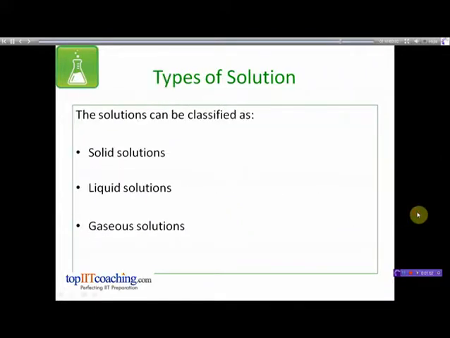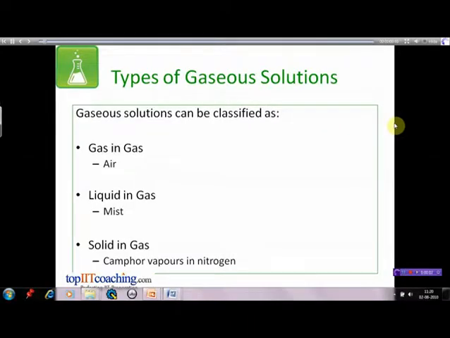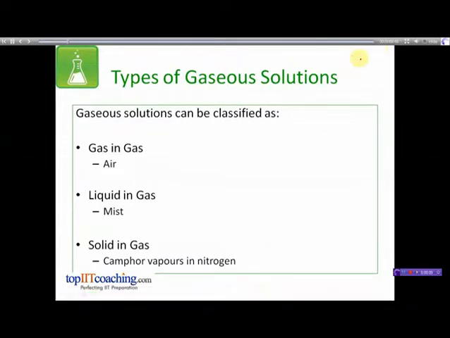A solution can be classified as solid, liquid, or gaseous solution depending on its physical states. We'll discuss these types of solutions one by one. The first type of solutions that we are going to discuss are the gaseous solutions. In a gaseous solution, the physical state of the solvent is gas and the solute can be gas, liquid, or